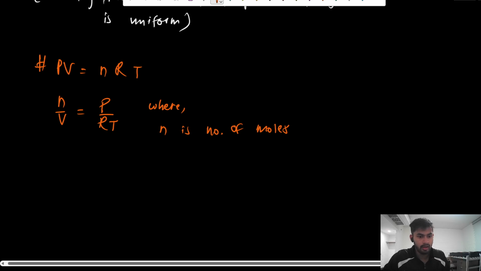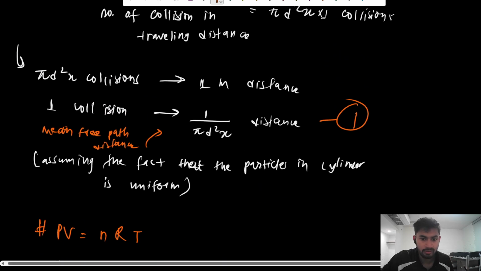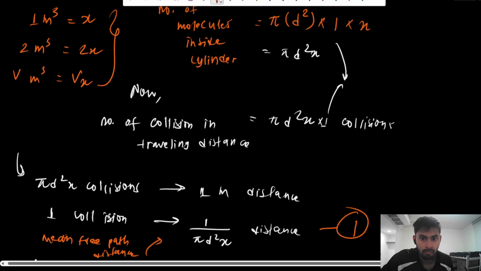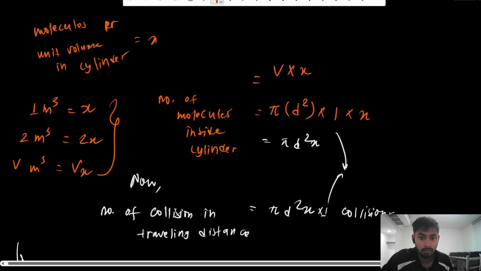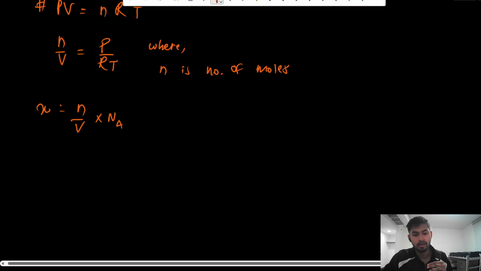Then x would be N by V times Na, right? And the x is coming from this problem, that is molecules per unit volume in cylinder, which means